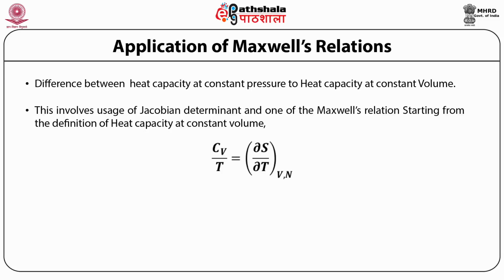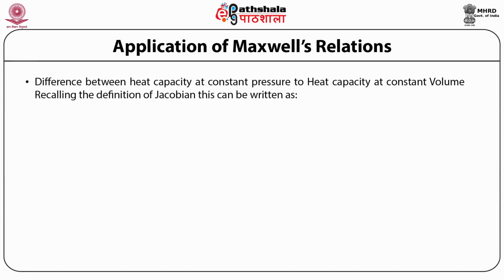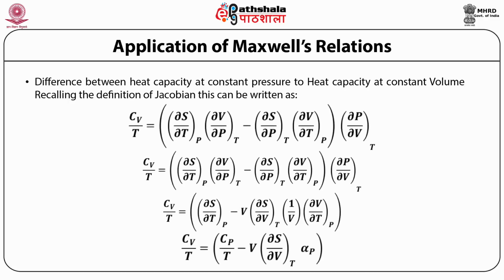Starting from the definition of heat capacity at constant volume, Cv upon T is equal to delta S upon delta T at constant volume and number of particles, and using the definition of Jacobian, it can be written as delta (S,V) over delta (T,V), the Jacobian, is equal to delta (S,V) over delta (T,P) into delta (T,P) over delta (T,V). Now, recalling the expanded definition of Jacobian, this can be written as Cv upon T is equal to